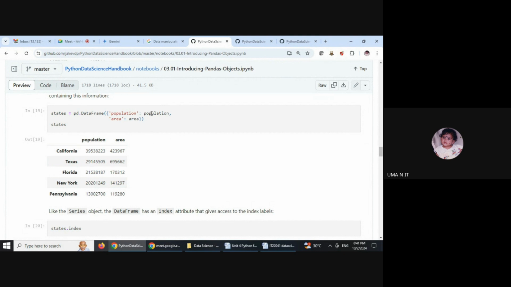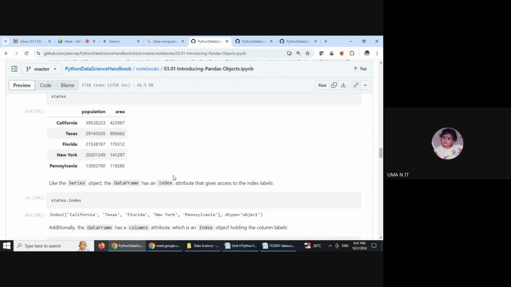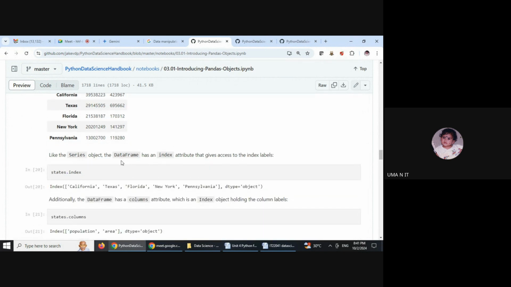So as per the order of your data frame, the columns will also be fixed. As this is a data frame, that is a two-dimensional array, we can also take the index values. States dot index will specify the row indices, because index always specifies the rows. So the index will be California, Texas, Florida, New York, and Pennsylvania.